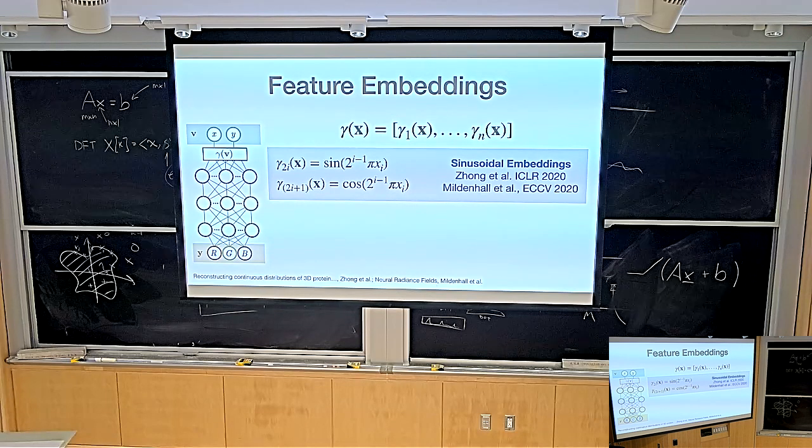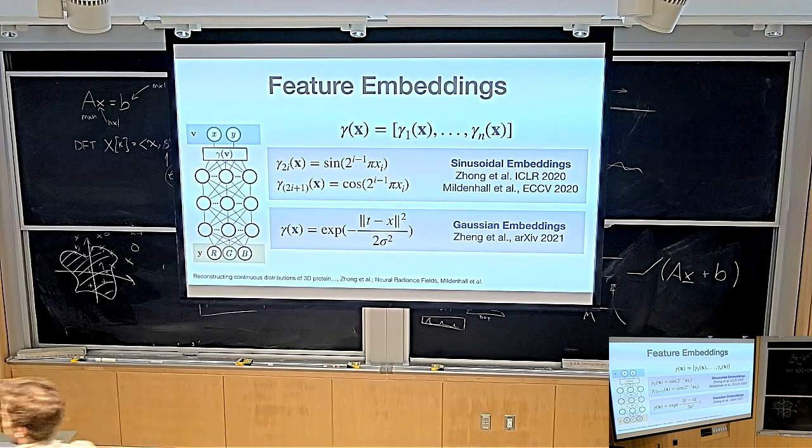So you take your input coordinate and you compute the sine of the input coordinate, and then you compute the cosine of the input coordinate, and then you concatenate them. So you do sine, cosine, then you increase the frequency of the sine and the cosine. You increase the 2 to the i, the i gets increased by 1. You compute the sine, cosine again. You increase the i by 1, compute the sine, cosine again, and you just concatenate it into one big vector. And then that's what you feed to your ReLU neural network. So you don't feed the coordinate directly, you feed in this sine-cosine embedded thing.